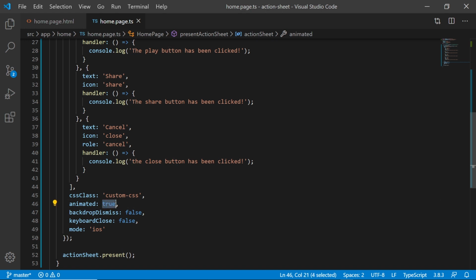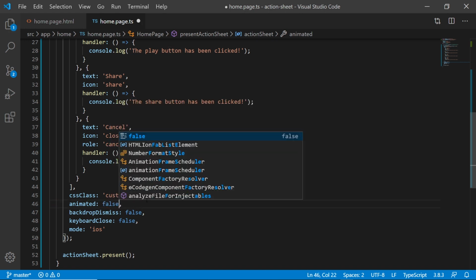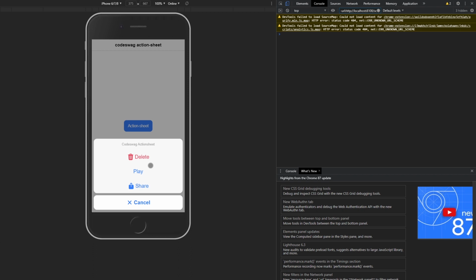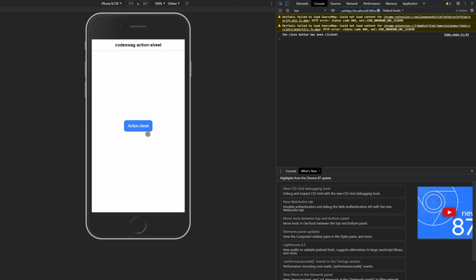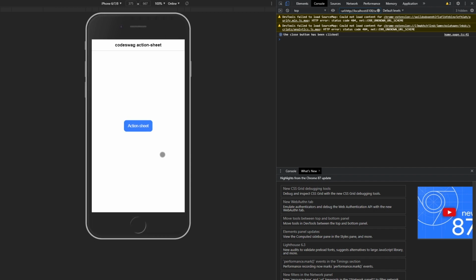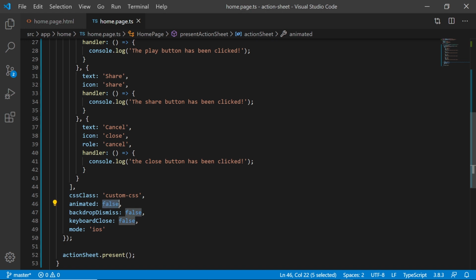If we change animated to false, then obviously our action sheet no longer has any animation. It just disappears, reappears, disappears, reappears. Very vanilla. I actually prefer it when it has the animation. So I'm going to change this back to true